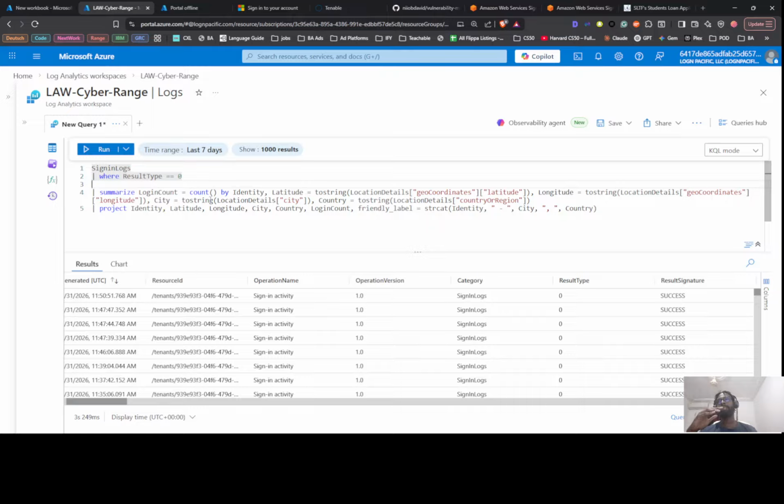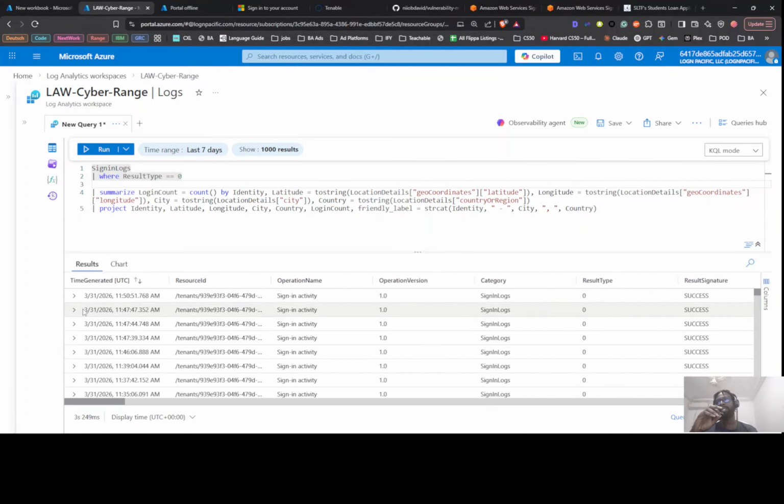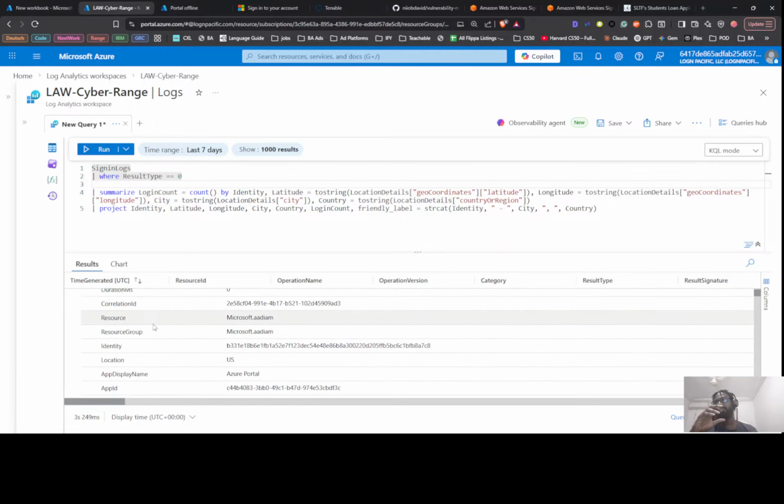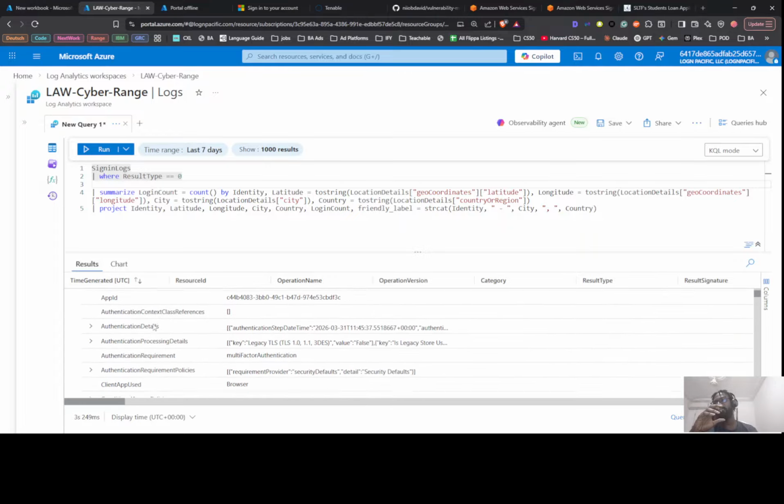When we click on summarize, it summarizes to what we are looking for. So we are summarizing and counting by the identity and the latitude, like you saw in the beginning. If you look at the summarize portion, you can see there's latitude, longitude, country, city, and so on. Scrolling is so long, so let's just expand one. When you expand one and go through them, you would see that we don't have anything like latitude